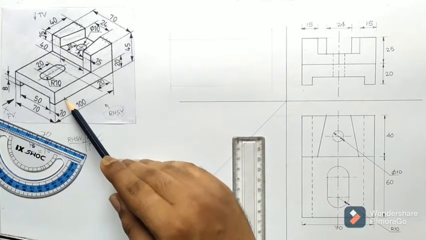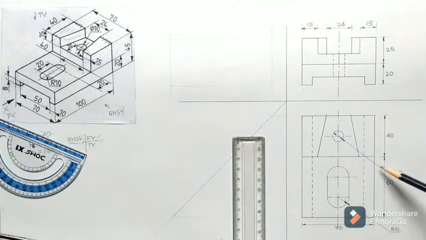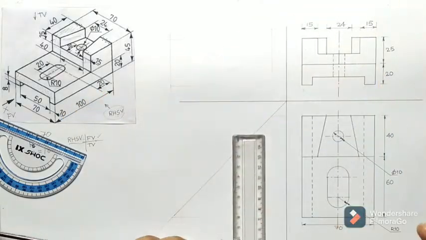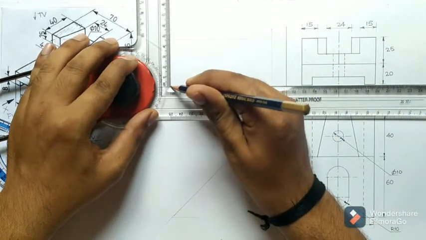Now see here, 100 mm, this bottom edge 100 mm, which is this one, we have projected. So I will form here 100 mm,